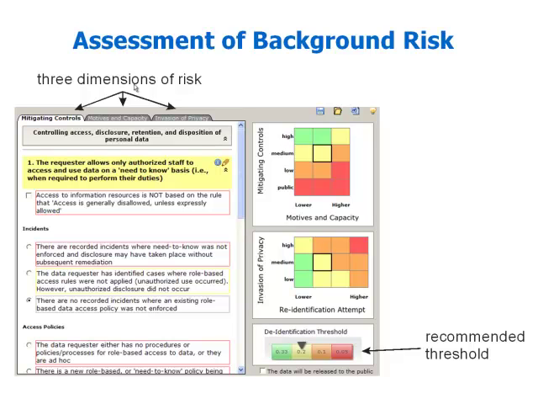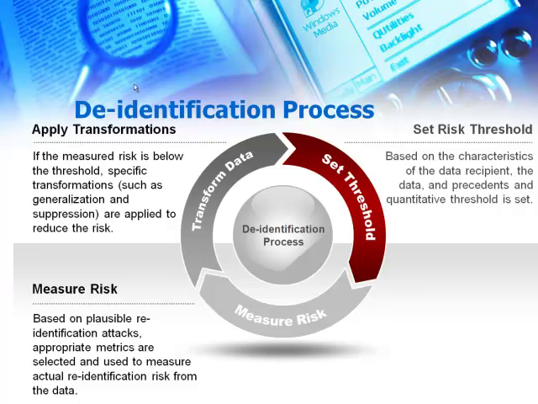So you take all of these factors into account, and at the end you come up with one of these 4 values. And we've gone through various validation exercises for the scoring algorithm, and it seems to have a good amount of face validity. But that provides you with a way to set the thresholds. As I mentioned, measurement is a more technical issue, but there's, again, on our website a lot of material on actual measurement. And then for the transformation of data, as I mentioned, the 3 things that tend to work very well are reduction in precision, subsampling, and suppression.